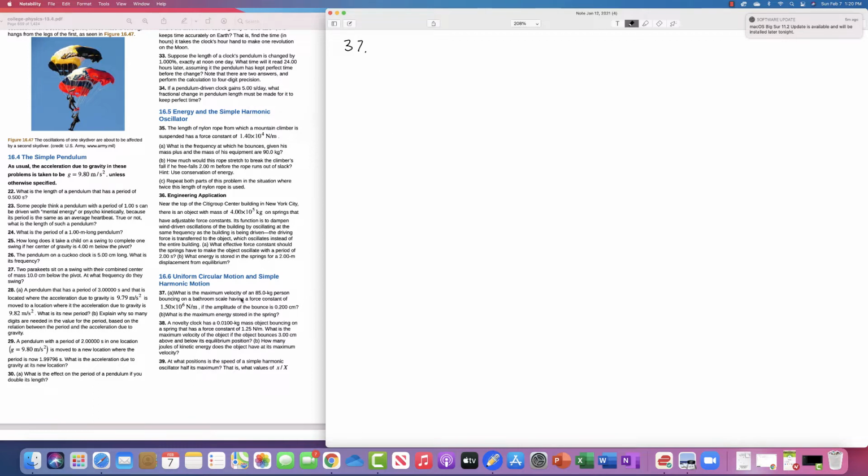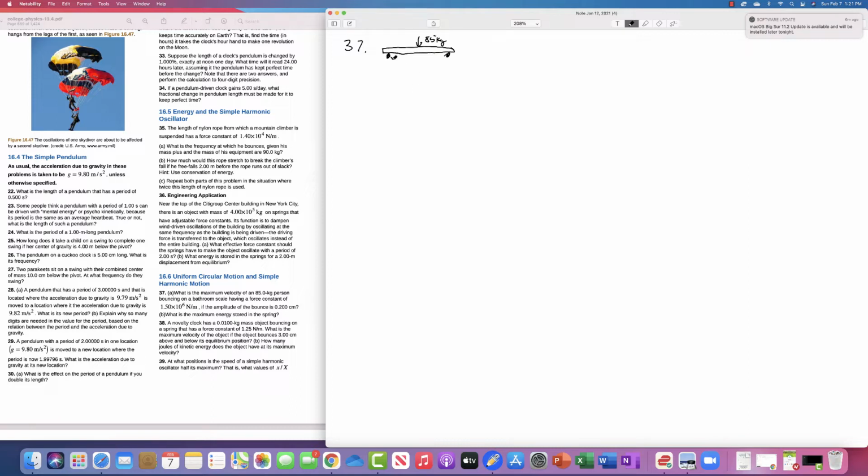Problem number 37 states, what is the maximum velocity of a 85 kilogram person bouncing on a bathroom scale having a force constant of 1.5 times 10 to the 6th if the amplitude of bounce is 0.3 centimeters? And then what is the maximum energy stored in the spring? So just to get an idea of what we're talking about here, we have a scale that's on a spring, or a set of springs, and an 85 kilogram person is up here,